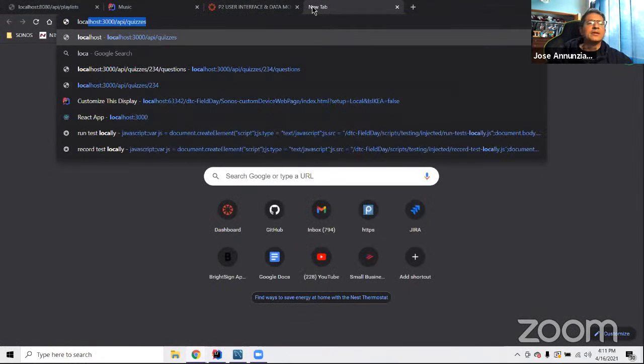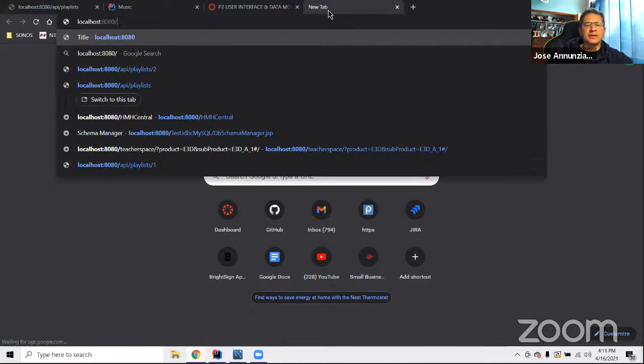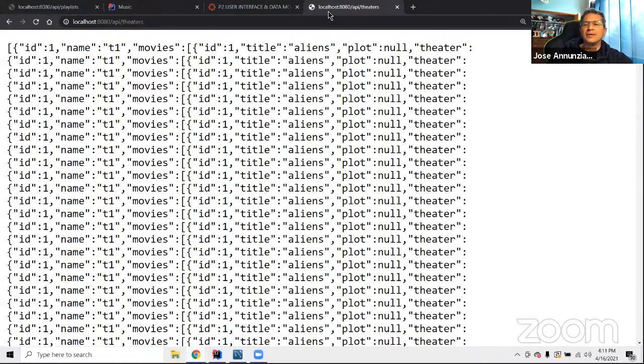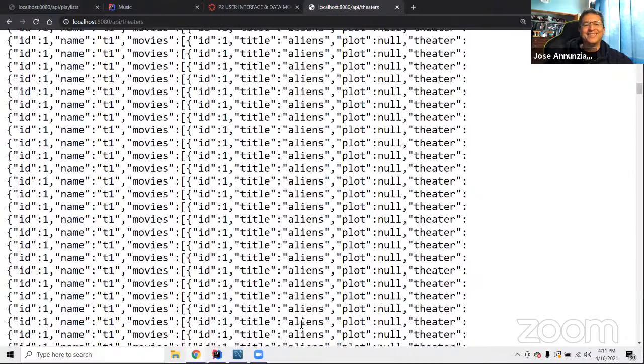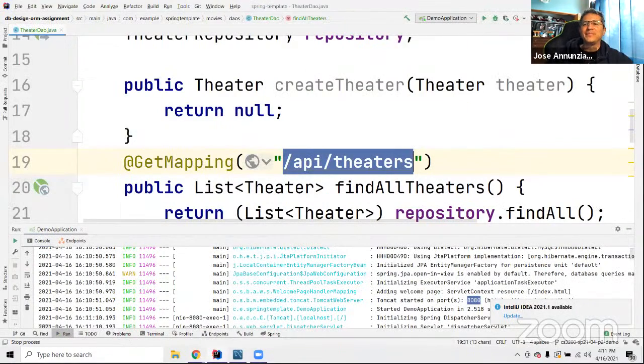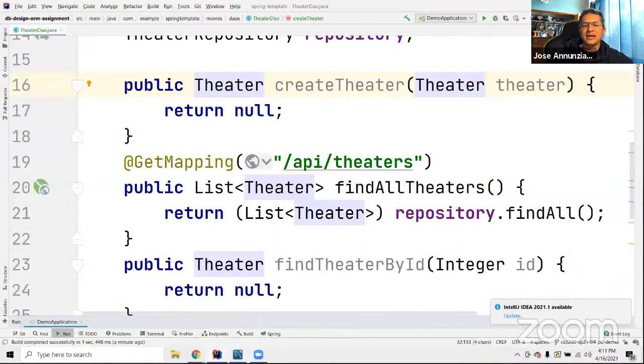So that's localhost, 8080, and then API theaters. Looks like it's going into an infinite loop. Right, let me stop that. And the reason is that what's going on here is that